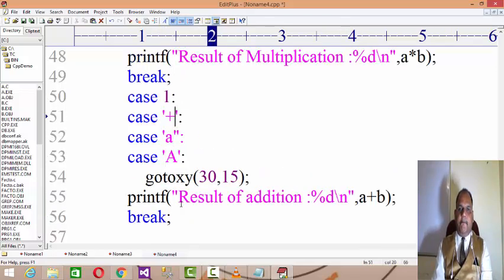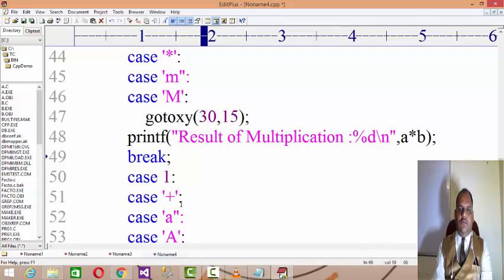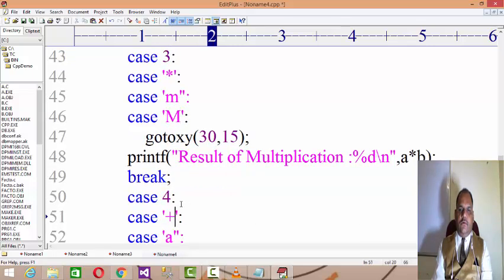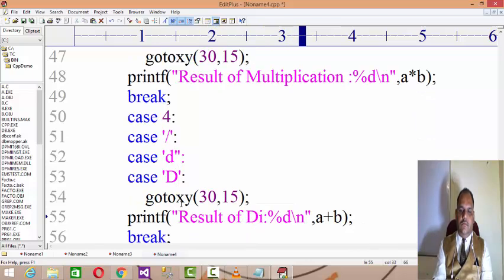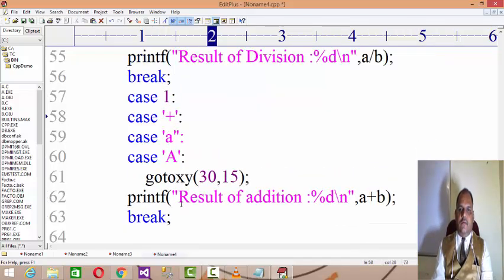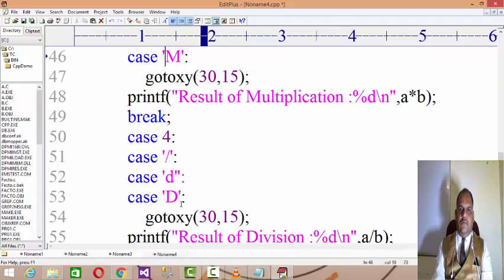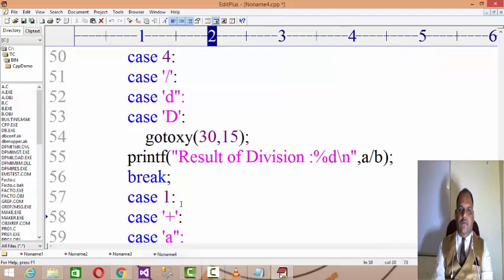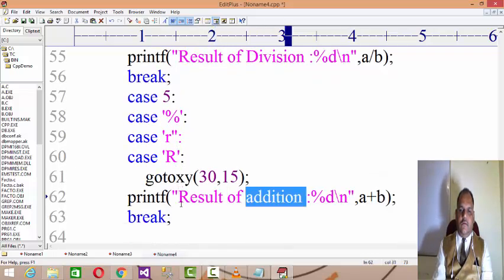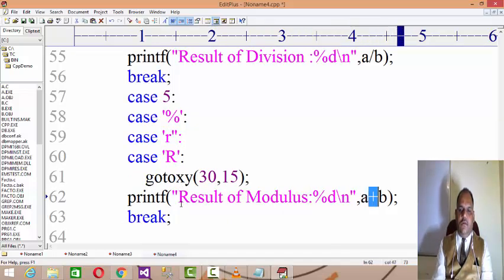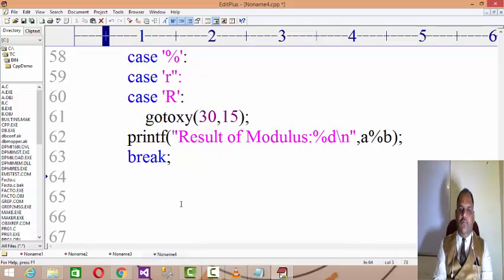Multiplication. Case 4, a mod b. And then you can see the default, where you can print wrong choice.